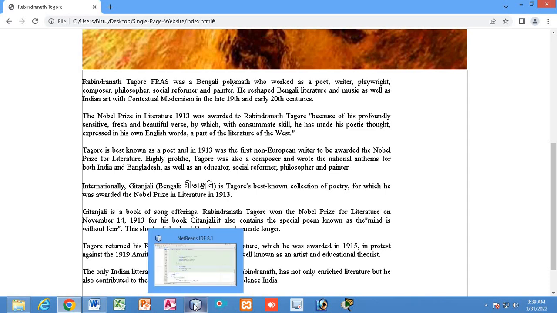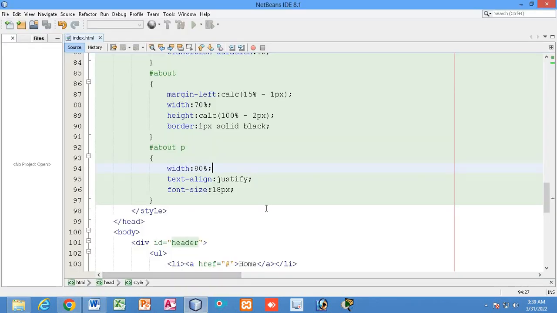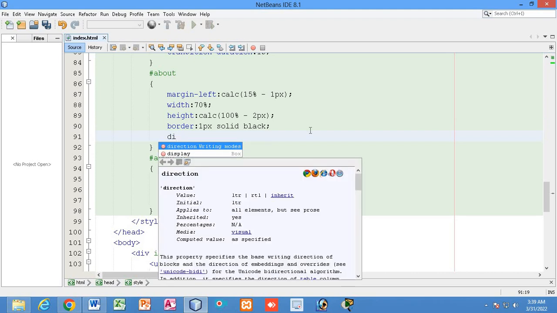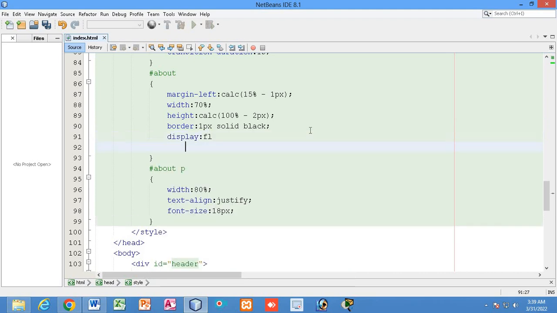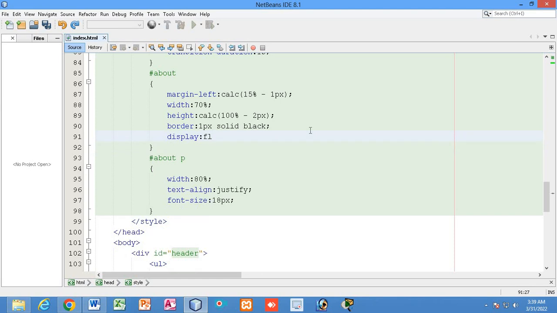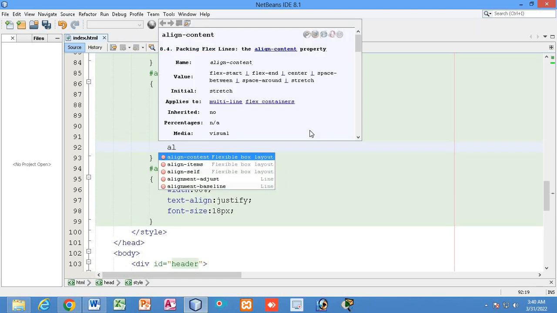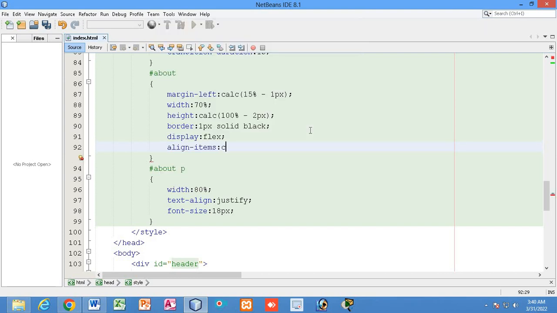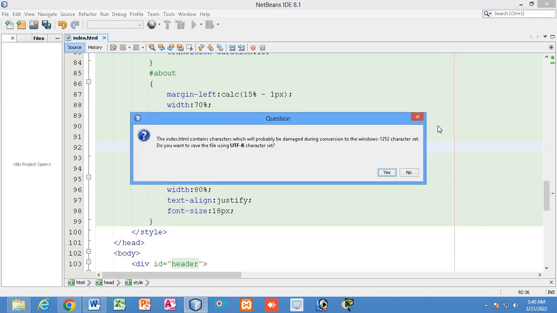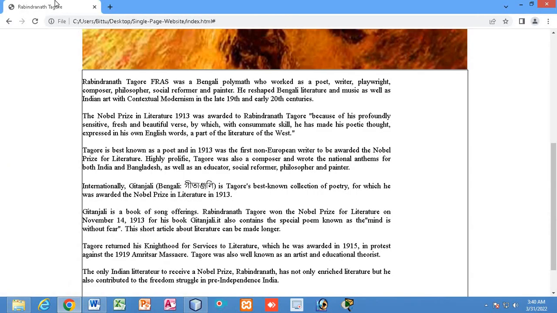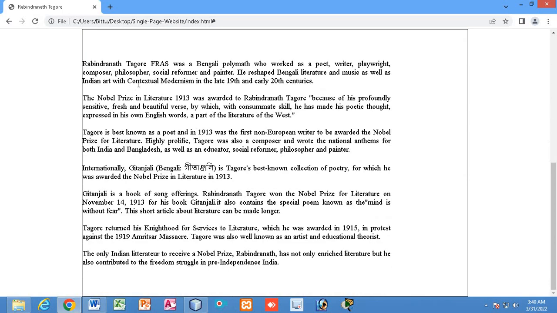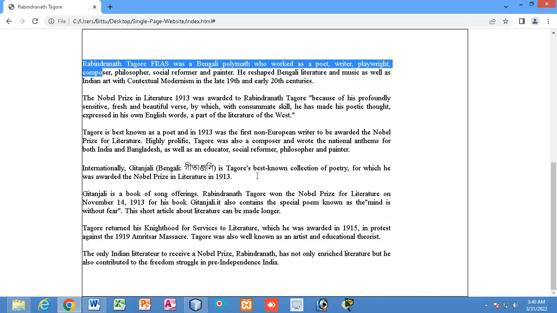Now I will do some more things to get it right at the center. Inside the about us, if I write display flex, right, and align items center, you can see the alignment is at the vertical center.